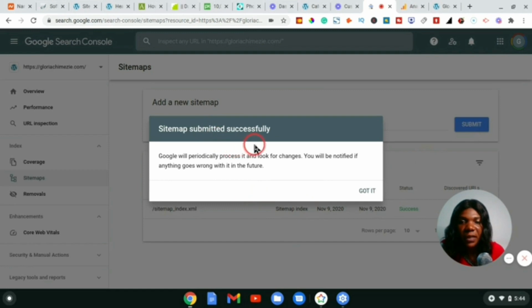So it says sitemap submitted successfully. Google will periodically process it and look for changes. You'll be notified if anything goes wrong in the future. So from time to time, Google will keep crawling my website, maybe every day, to see if I've posted fresh content, and then make sure that that content is crawled and indexed so that it will be able to appear on